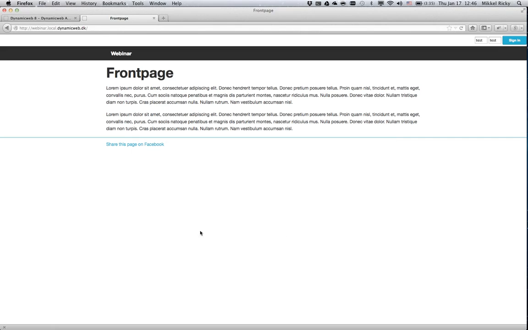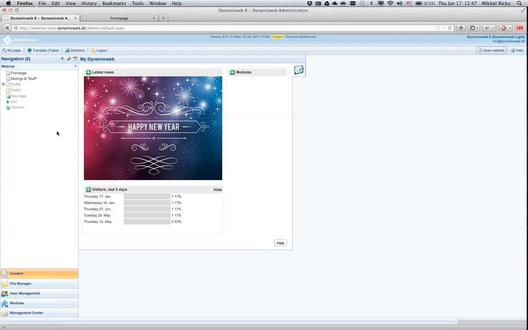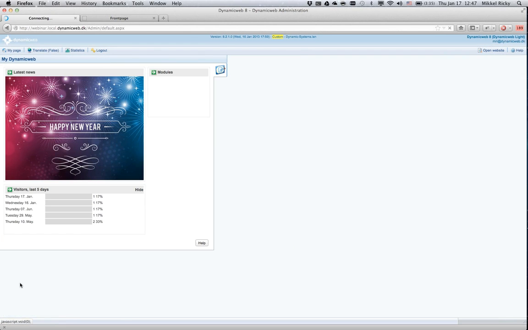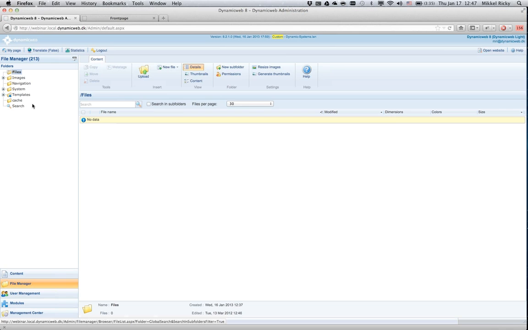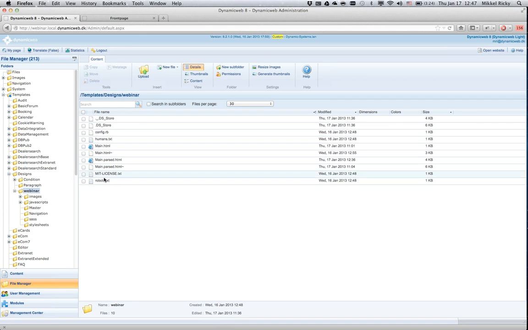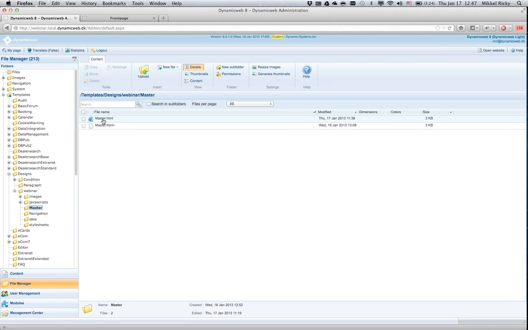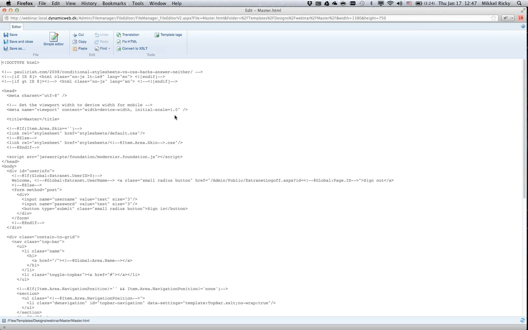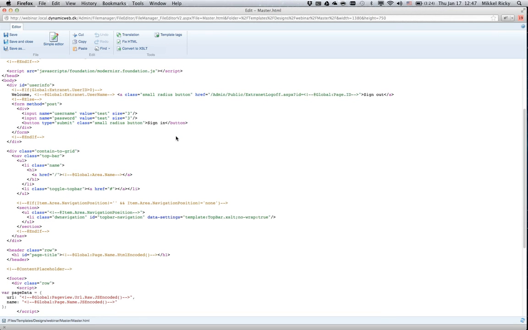I'll just switch over to a demo website containing a template where I'm using some of the stuff I'll be talking about today. In the file manager I have created an example webinar template, and I'll pull up the master template, which is the file we'll be using for examples today. And as an example of using the if-else construct, I have here near the top of my page,